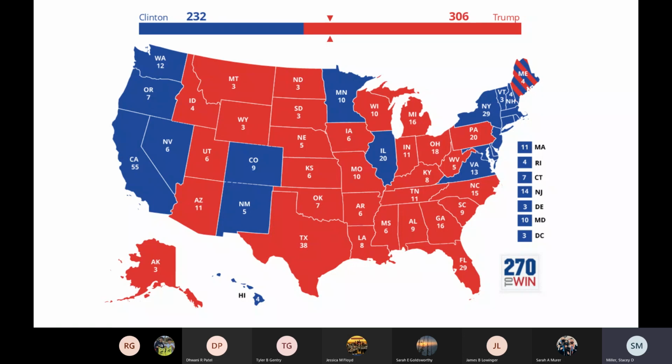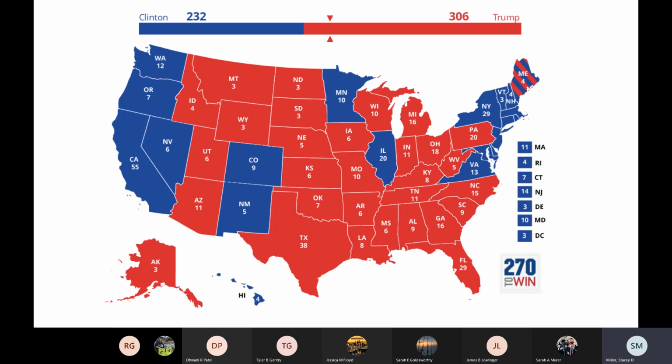Taking a look at some of these electoral college maps, obviously in the 2016 election, we had Clinton and Trump, with the majority of states going red, going conservative, and voting for Trump. But when people look at these maps, the big thing that many people don't take into account, and this always happens, especially even with the most previous election, the map might have looked relatively similar, just with different states here and there.